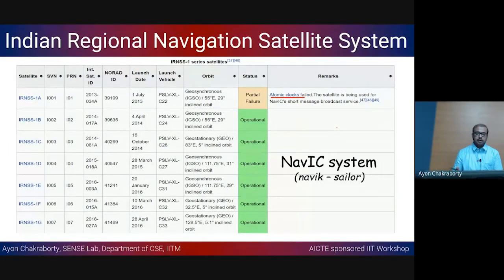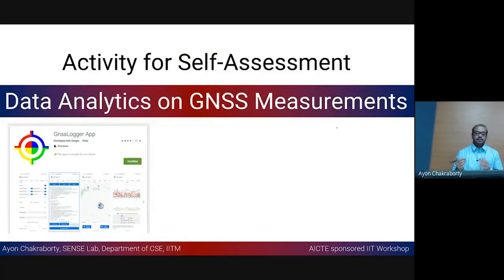Okay, so with this, I'll give you a self-assessment exercise, where you want to download an application. All of you will have access to a smartphone, an Android smartphone, let's say. So you can download this GNSS Logger app. What does this logger app do? It is going to record a lot of GPS internal information that you can do some analytics on. And this kind of analytics will help you have a better understanding of the performance,